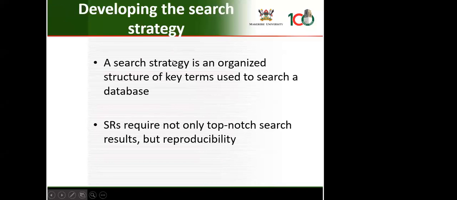So let's now go to a search strategy. A search strategy is an organized structure of key terms used to search a database. You may have different definitions, but it all means that. An organized structure of key terms used to search a database. You realize that for those who have been involved in systematic reviews, each database has its own search strategy. If in your review you searched 5 databases,